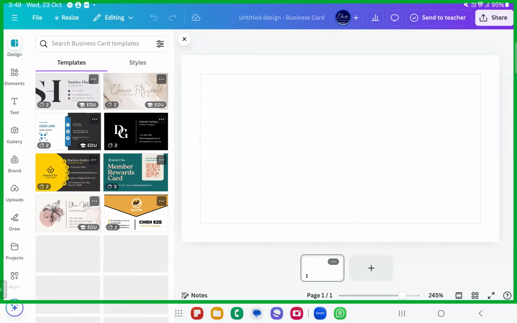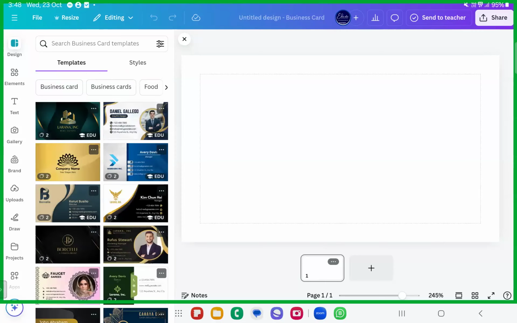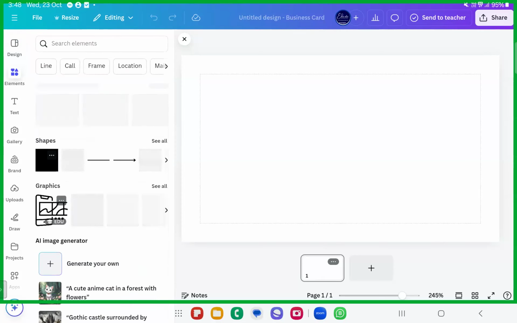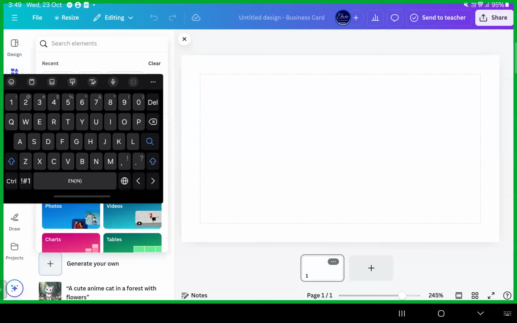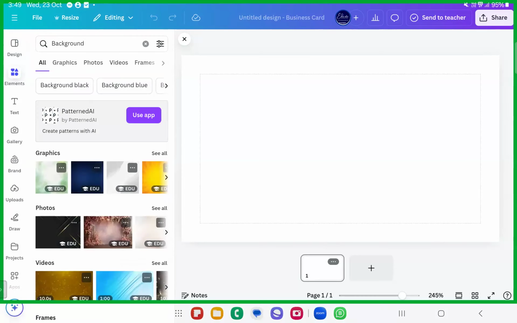See, all of these are pro ones. I'll show you how to create this one. Do not worry, inshallah. I will have one or two mockups created by ourselves, inshallah. Let's go ahead with a simple background. So let's start with the backgrounds. Whichever background you want, you can select. You can just write background here. Okay, whichever color background you want.